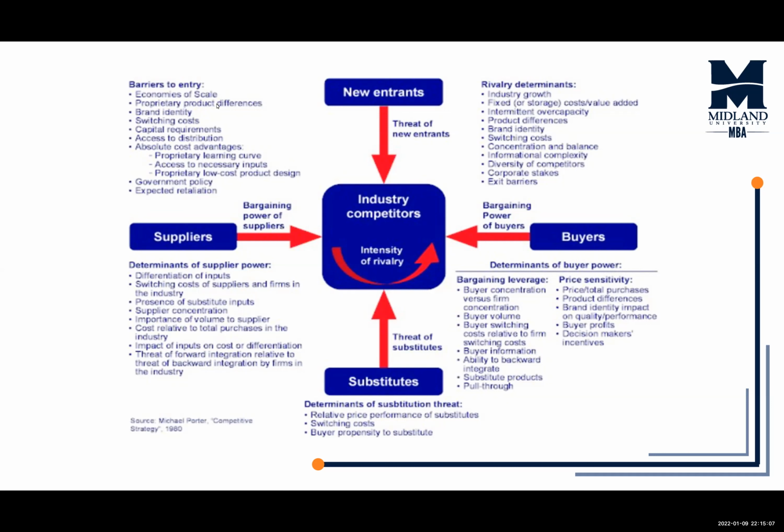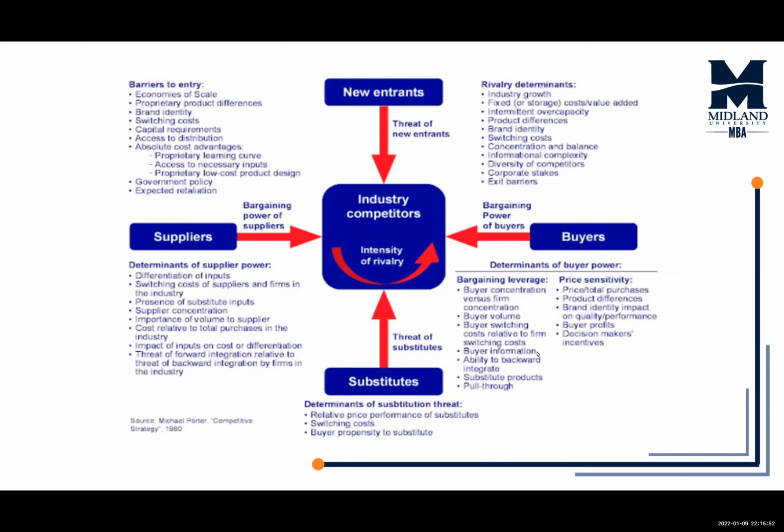What are examples of substitutes? So relative price performance of the substitutes, the switching cost as well, help determine that threat of substitutes, if the consumer is more willing to use the substitute product than to use your product. When we look at the buying power of the buyers, what determines the buying power of the buyer? It is that concentration of the buyers, the volume of buyers, what are the switching costs that the buyers